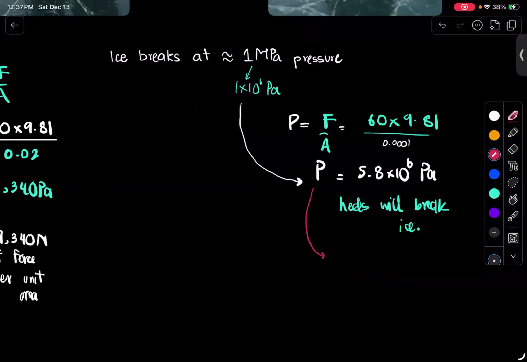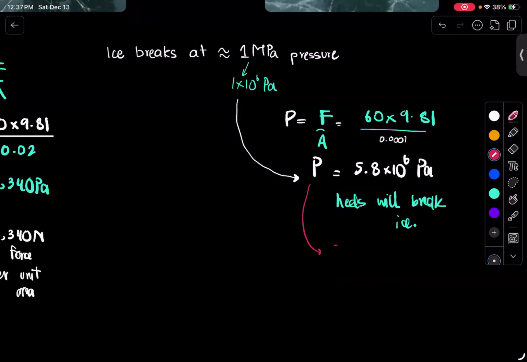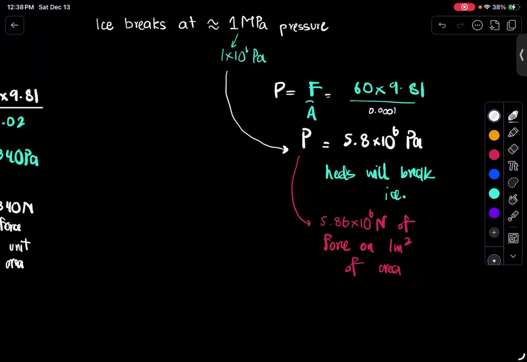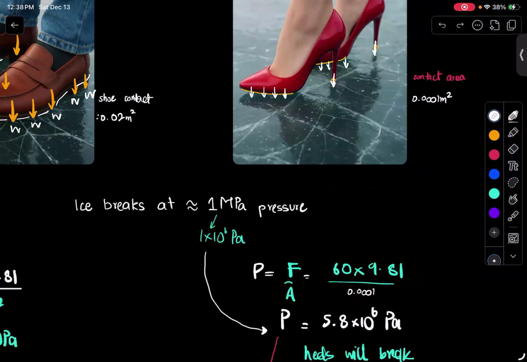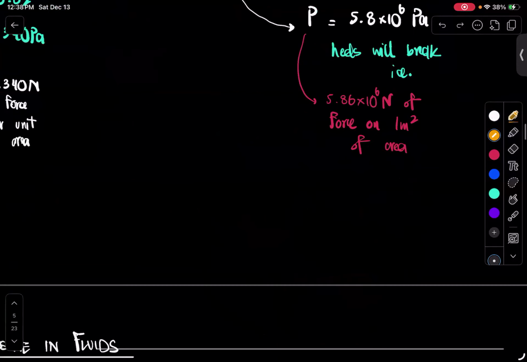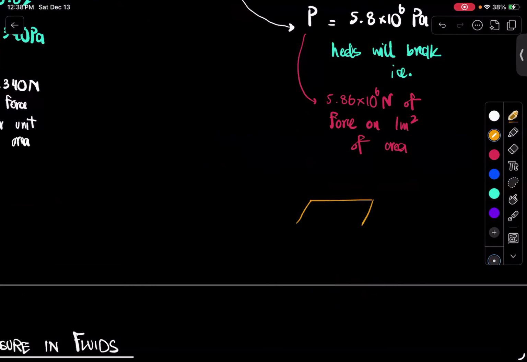Now, in this case, this would mean that the heels are applying 5.86 into 10 raised to power 6 newtons of force on 1 meter square of area. What that means is, of course, we calculated it for this 0.0001 meter square. But if you take that out as 1 meter square, 1 meter, 1 meter, then the force on this entire 1 meter square would